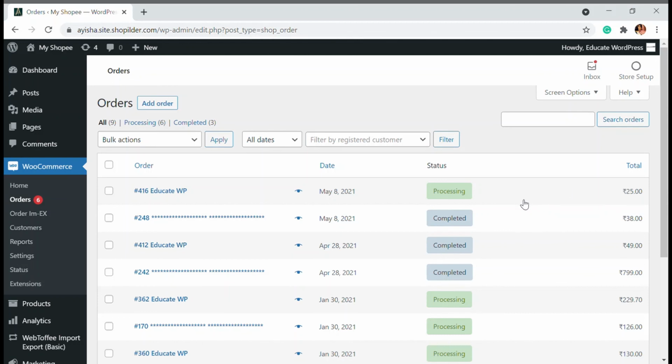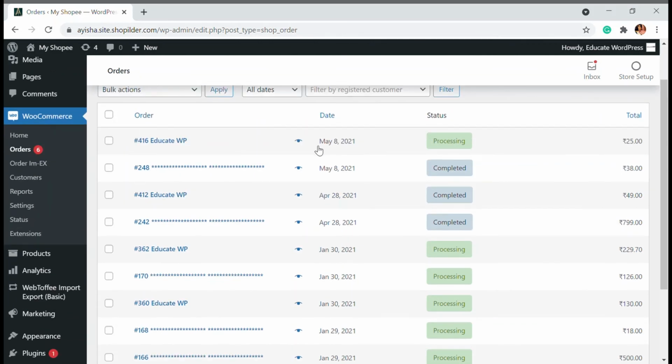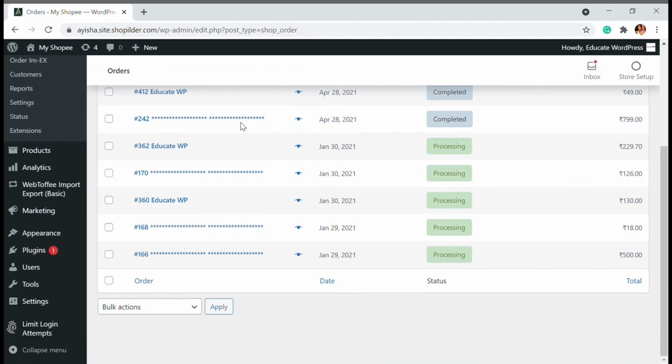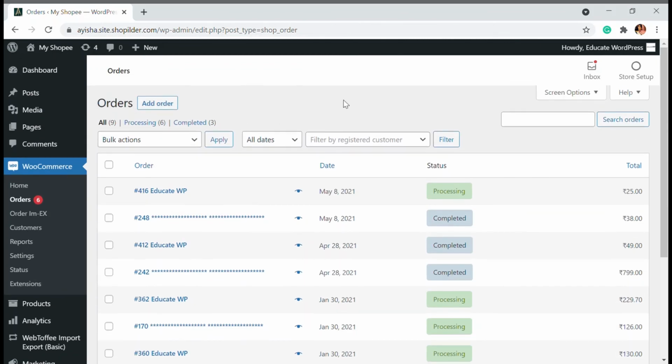This is a very simple plugin that you can use to import data or export data into your sheet. So if you want to make a sheet of all the orders that you have got and make an annual report or anything, literally anything, you can use this plugin, which is a simple plugin, and you can use it for one time as well. If you want to use it for long term, that's also good.